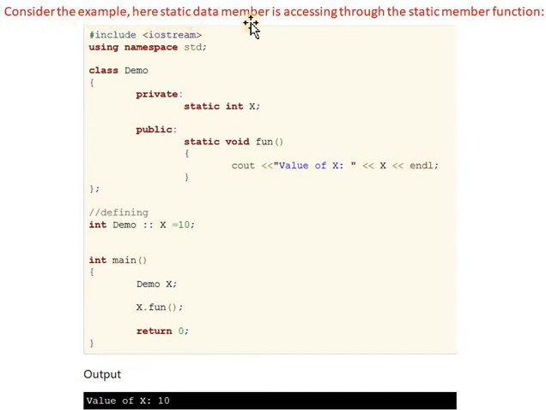Here the static data member is accessed through the static member function. We can also define the function as static, that we will see next.